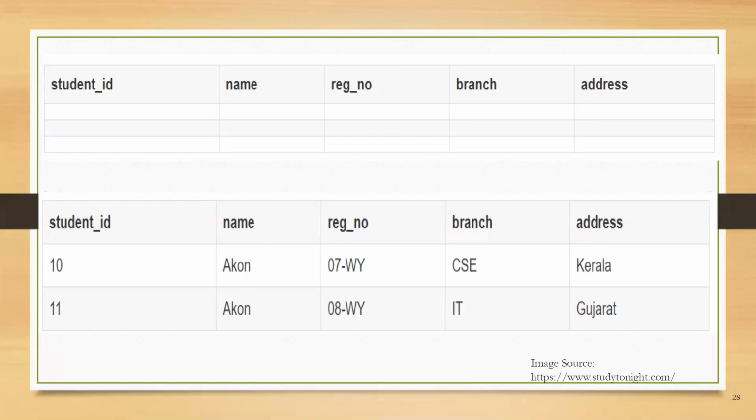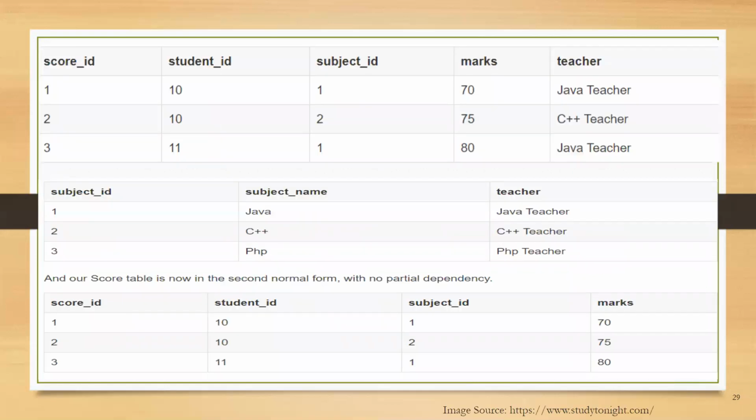We are going to add one more column, and that column is nothing but the subject. So you can see over your screen that we have added another table, the subject table, which will have fields subject ID, subject name, and so on. The subject ID will become the primary key for the subject table. So now we have a student table with student information, and another subject table for storing the subject information. Let us create another table, the score table, to store the marks which will be obtained by the students in the respective subjects.